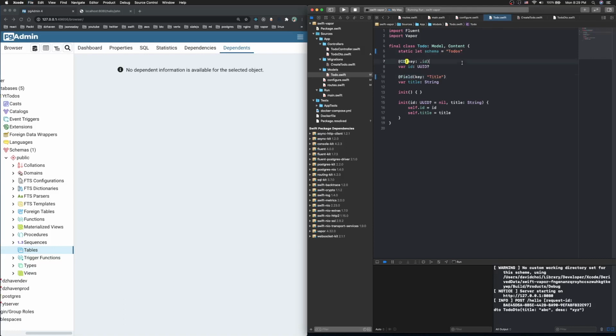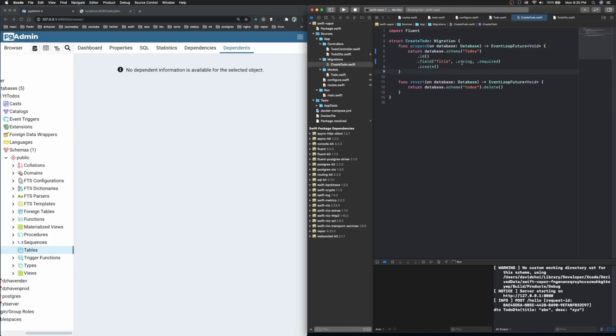And I'll explain these property wrappers in a bit. So, like I said, this prepare function is coming off of the database. It's going to generate a table, and that table is going to start with an ID of primary key of type UUID, and you get all of that from this one call. And then you have the field name,